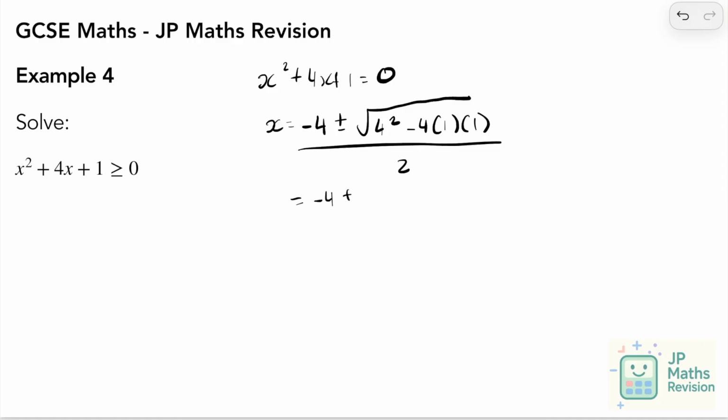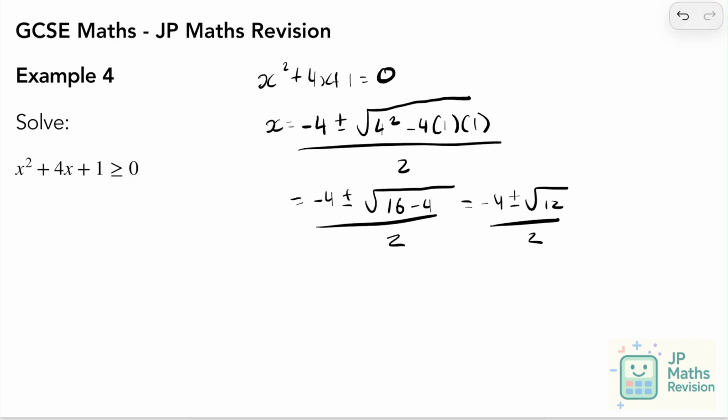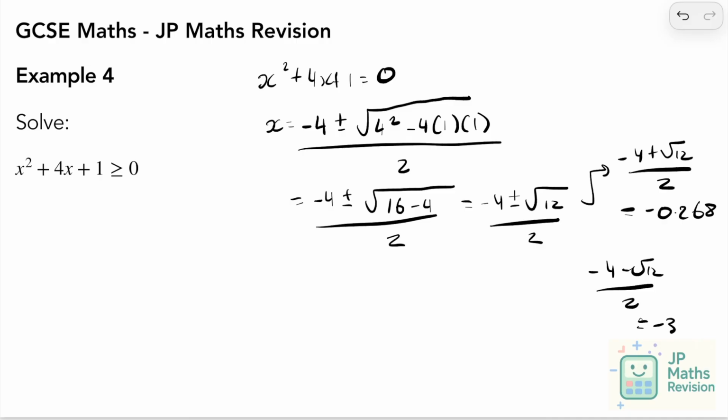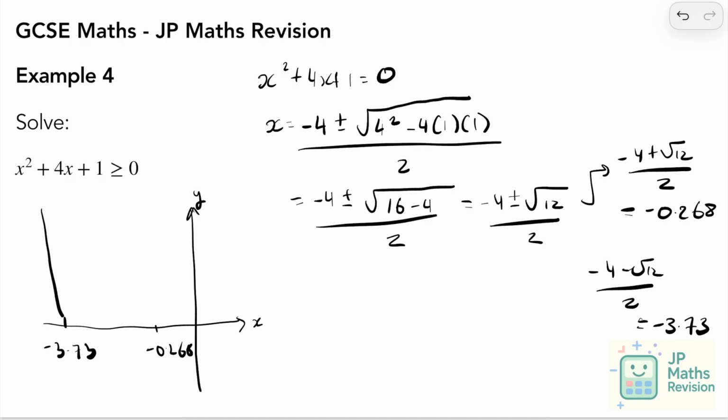So it's minus 4 plus or minus the square root of 16 minus 4 over 2. So that's minus 4 plus or minus the square root of 12 over 2. So if I write these ones, so I have minus 4 plus the square root of 12 over 2, which is minus 0.268. And I have minus 4 minus the square root of 12 over 2, which is minus 3.73. So those are my critical values. So I'm going to draw the graph. So I'm going to label my critical values of minus 0.268 and minus 3.73, and I'm going to draw the